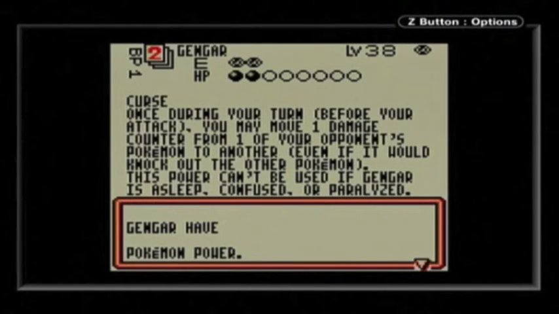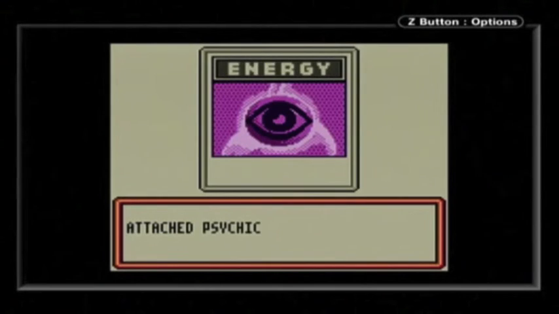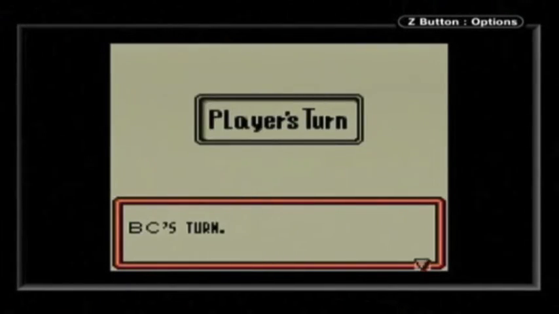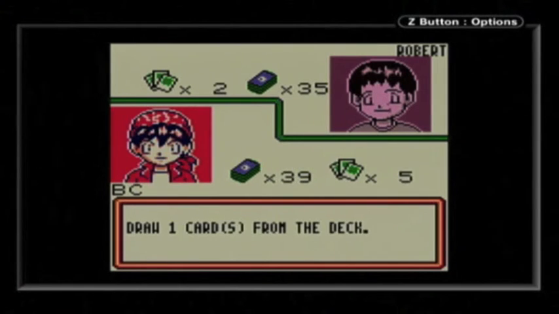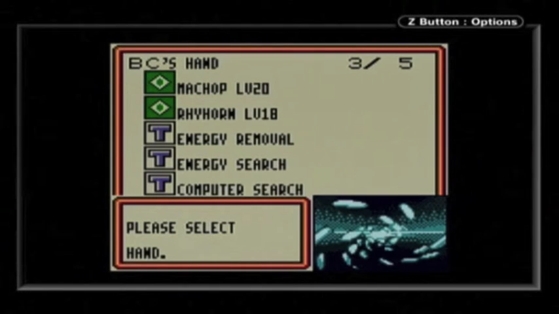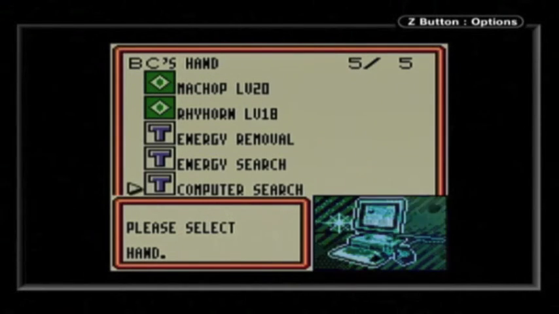Curse. Once during your turn, before you attack, you may move 1 damage counter from one of your opponent's Pokemon to another. So it's essentially a damage swap between your guys, except they can only do 1 at a time. Which doesn't normally mean a whole lot, but it does get annoying, especially when I have Rattatas that are fairly easy to